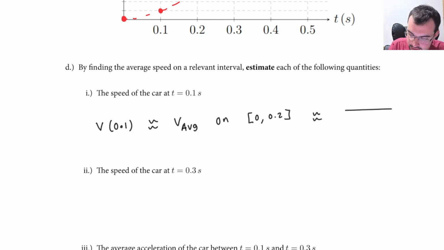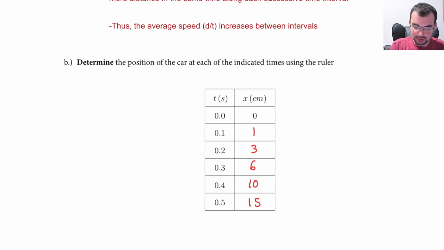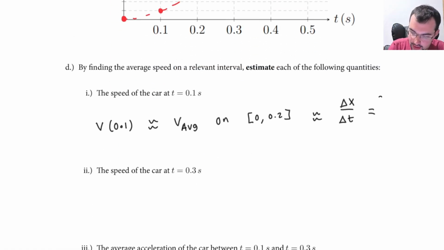So I would just take the change in position over the change in time on that interval. So this is just really taking the slope of the data points. So for example, between 0 and 0.2, I have displaced 3 centimeters, and that took me 0.2 seconds. So this would be,